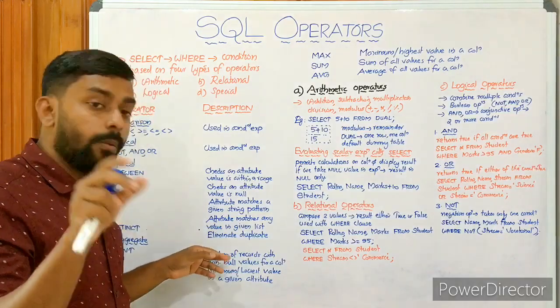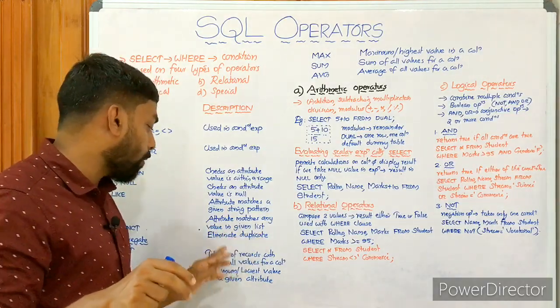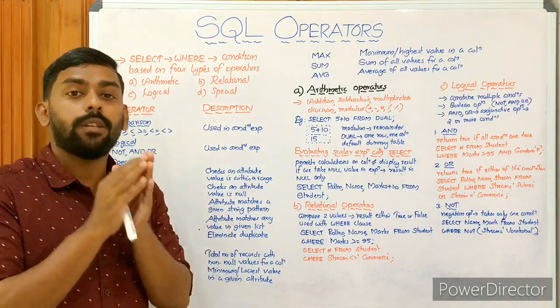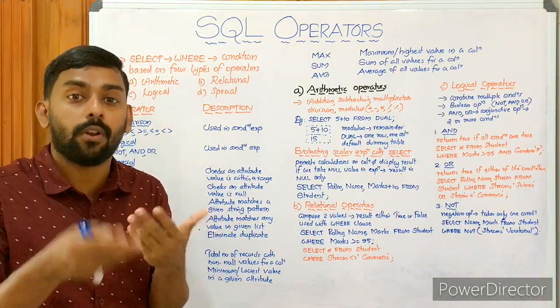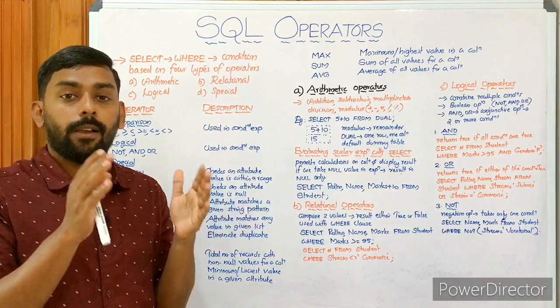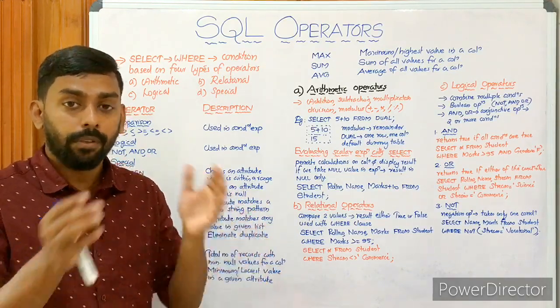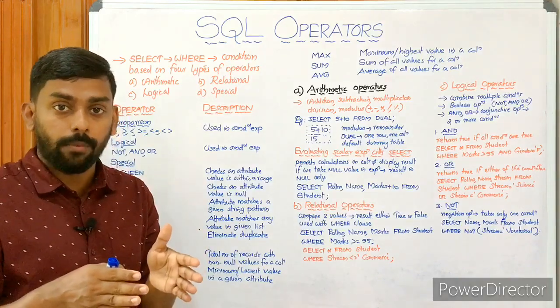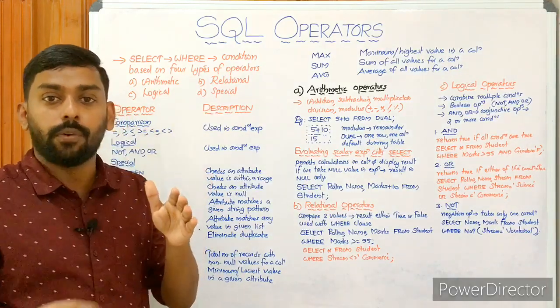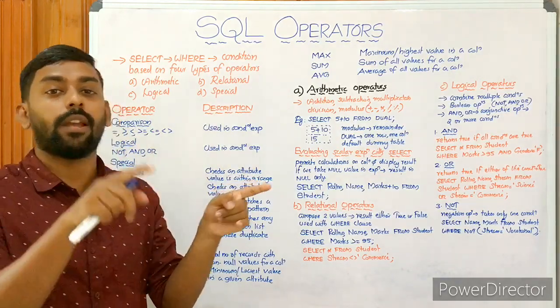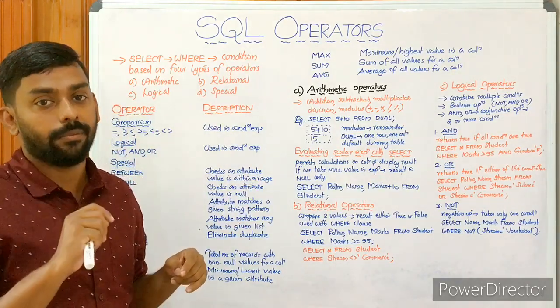Only values will be taken. Okay, so count returns the total number of records with a non-null value for a column. Count means counting the total number of values. For example, count of name. Suppose there are 30 names. It prints 30. It works on the entire column name, and it checks 1, 2, 3, 4 up to 30. So it returns 30. It works on 30 values and gives only one value, that is 30, right?